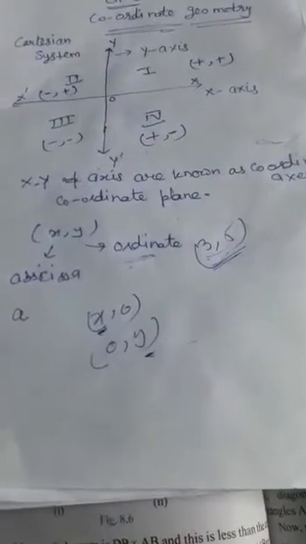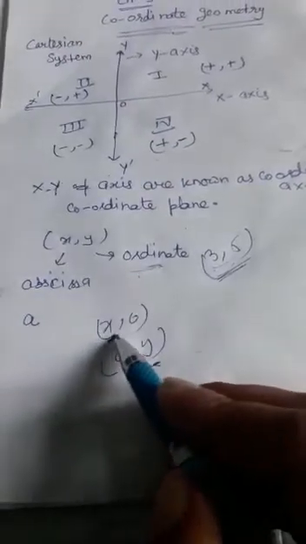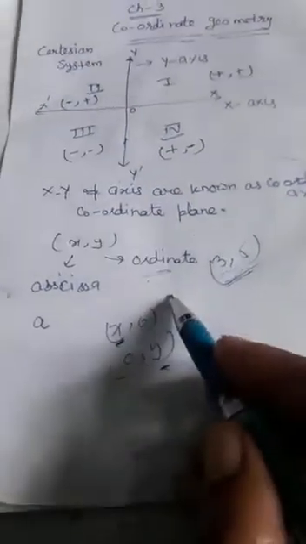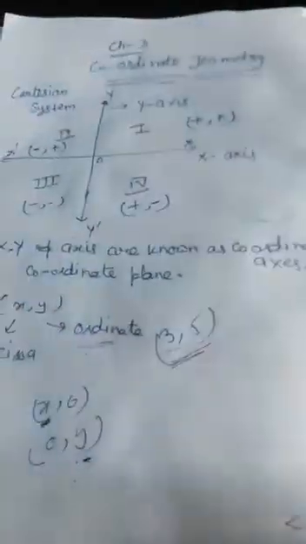You have done this in exercise 4.4, in one variable and two variables. In that, if the equation is in x, it is parallel to the y-axis, and if the equation is in y, it is parallel to the x-axis. Already you have done this in the fourth chapter. Okay, so now in this chapter we have only 3 exercises.